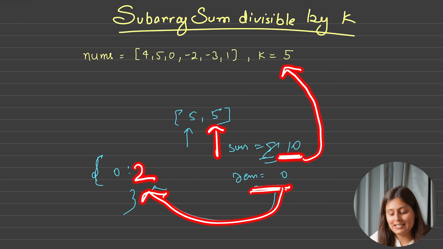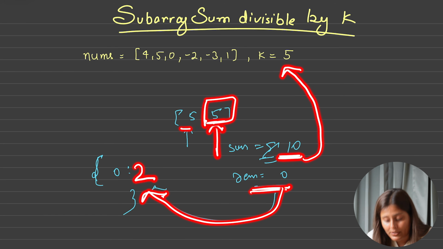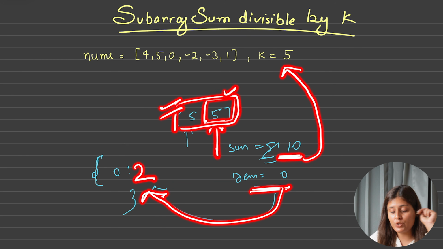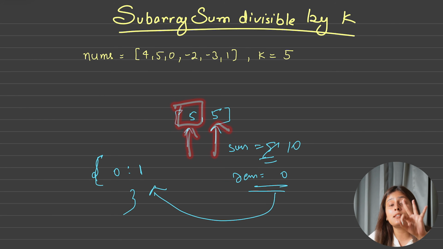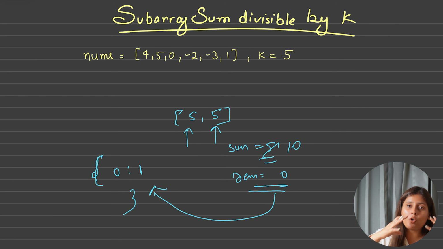And I can say that when I reached here now, I found 2 such subarrays which end at this location. What I am saying? Ends with means this 5 alone is also a summation, and this 5 and 5 is also a summation. So I can say total 2 valid subarrays which end at this location, and now only 1 valid subarray which ends with only this location. So total 3 such subarrays. So hence we are dependent on the remainder theorem here. Okay, and this concept is also called hash map plus remainder theorem.